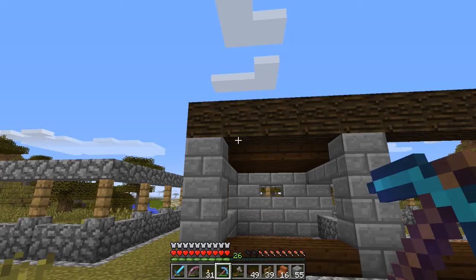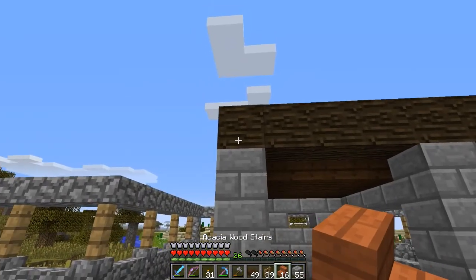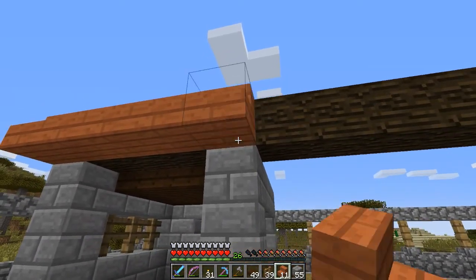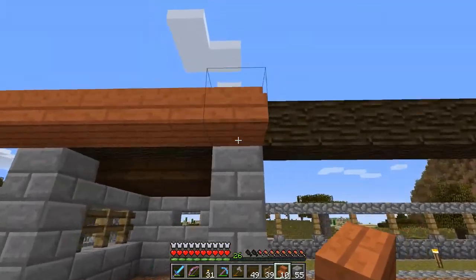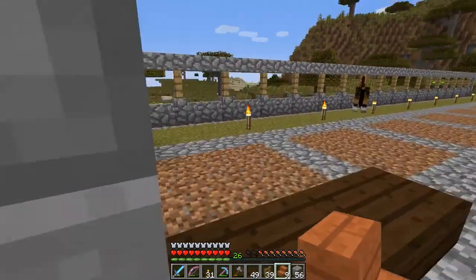I think I will use the acacia wood for the roof here just to keep with the theme. So I'll just throw this up for now. That should be at a height that I'm happy with. We'll see in a minute. Alright. Okay. Now,